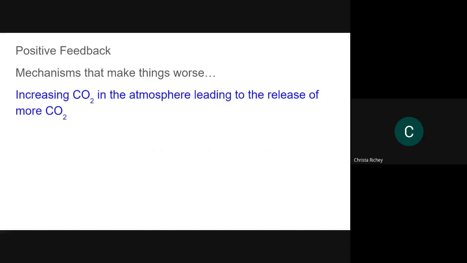All right, positive and negative feedback. These are your cycle loops. In positive feedback, they accelerate whatever trend is happening. I know you think positive is good, but positive feedback loops make your problem worse. They continue the trend. With carbon dioxide,